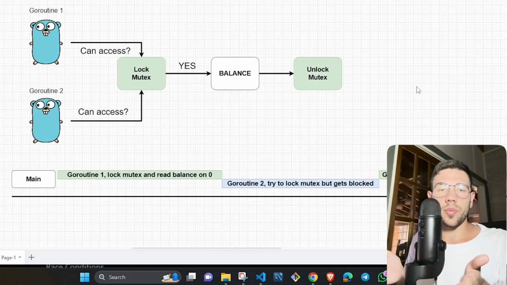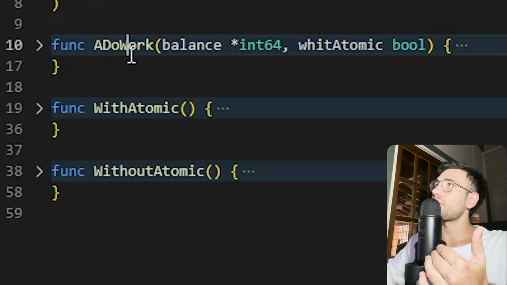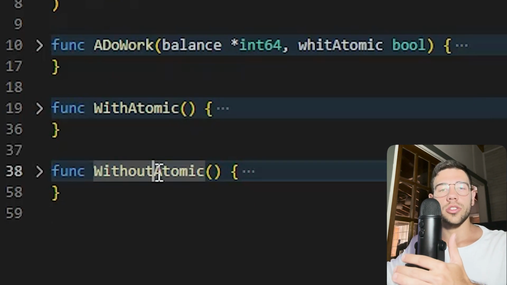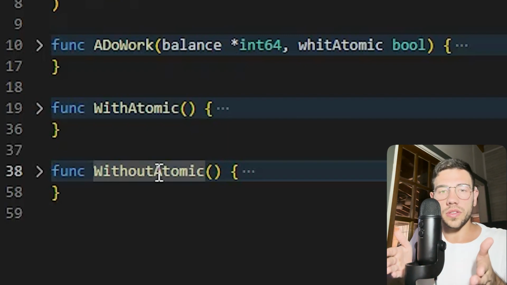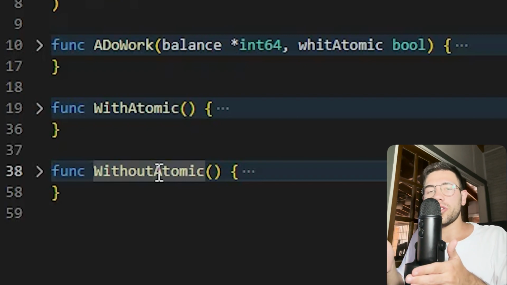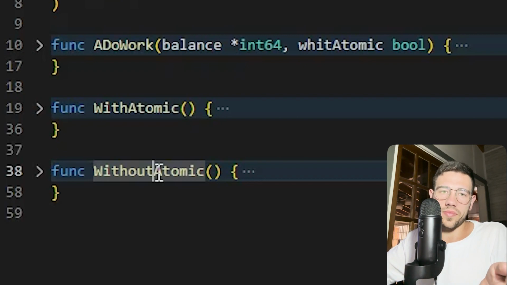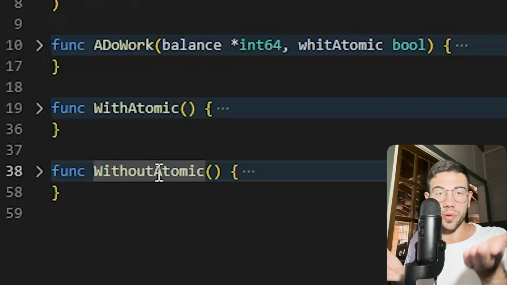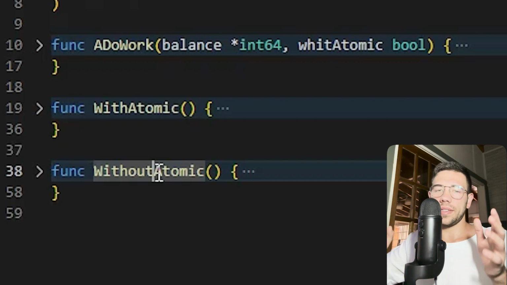I will show you an example of how to use atomic in code. Here I have, like always, 3 functions: a do-work function, a with-atomic function, and another function that is without atomic. I want to show you the difference between using atomic and not using it, and when we don't use Mutex or any synchronization mechanism. I want to show you the difference between using a synchronization mechanism properly and what happens when we don't use one,